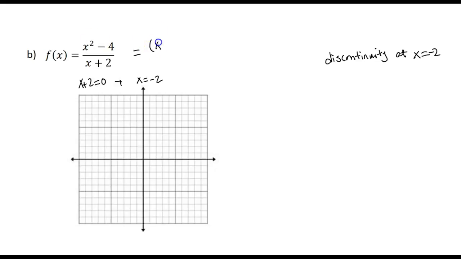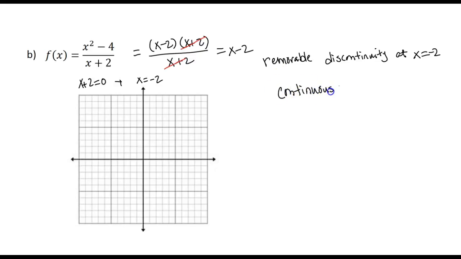This factors to be x minus 2 times x plus 2, which means that this cancels out. So because I can cancel out the factor that caused it, I know that this is a removable discontinuity. And there's no other possible problem, so we know that this one would be continuous everywhere else. So it's going to be continuous on the interval from negative infinity to negative 2 and the interval from negative